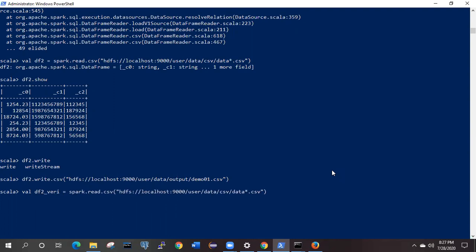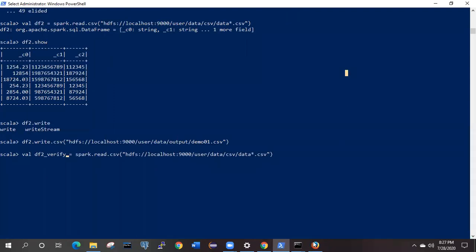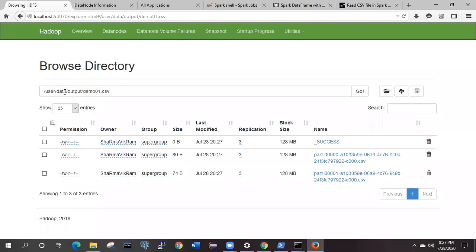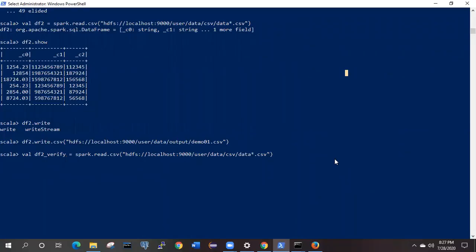I'm taking one variable, df2.verify, and inside that I am going to read the files. The file which we have given, that we are going to read. What we wrote just now, we will read it and cross verify whether that data is present correctly or not. Let me see the path, till users.